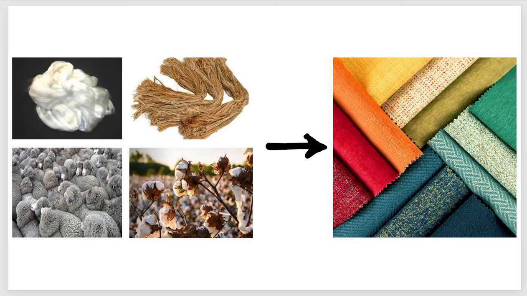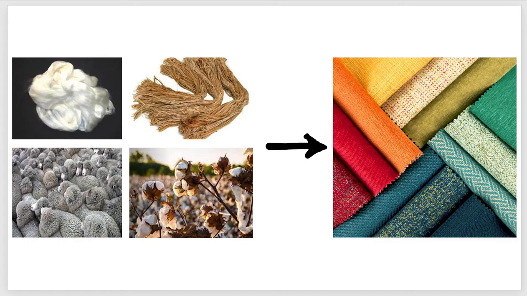So, here I have different types of fibers as in the sources. Here we have silk fiber, which can be used to make silk clothes, jute fiber, which can be used to make jute cloth or jute fabric. Then we have cotton fibers over here, which is used to make cotton fabric. And we have the fleece, as in we have sheep in this picture, whose fleece is used to make wool. So these are the different types of fibers that we all find. I mean, the main types.